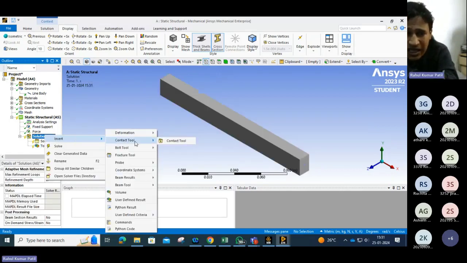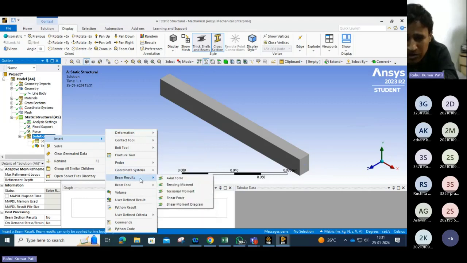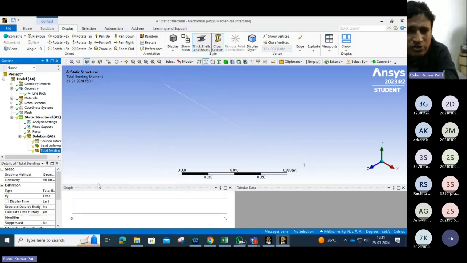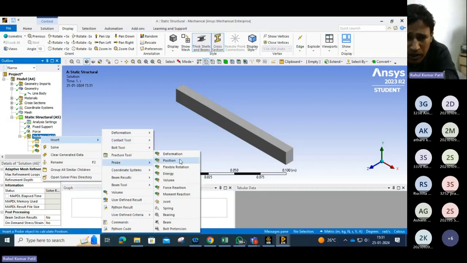The next thing I want to observe is, if I go to the beam result, I want to observe the bending moment which has been generated over here. I also want to observe the bending moment, because there is a load acting at the end, and because of that some bending moment is either generating or not. Then in this probe I can find out,